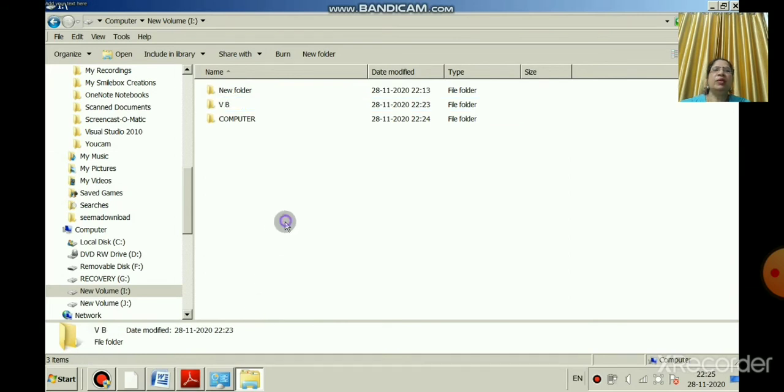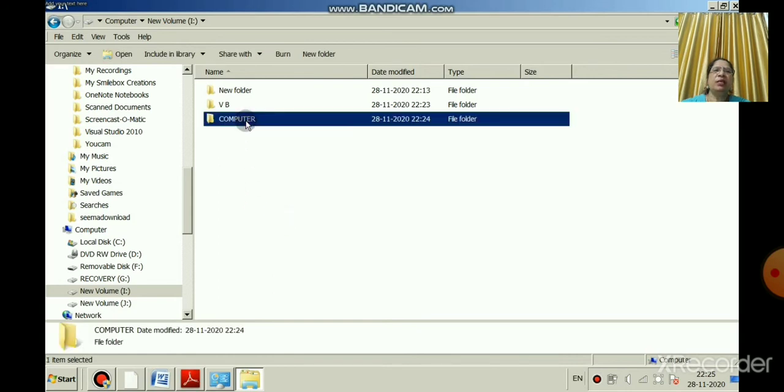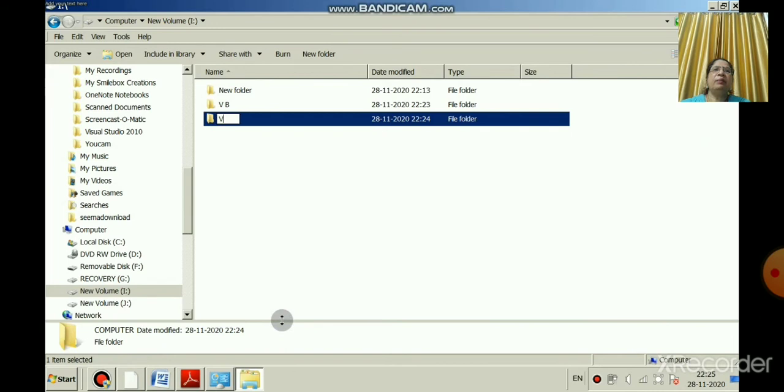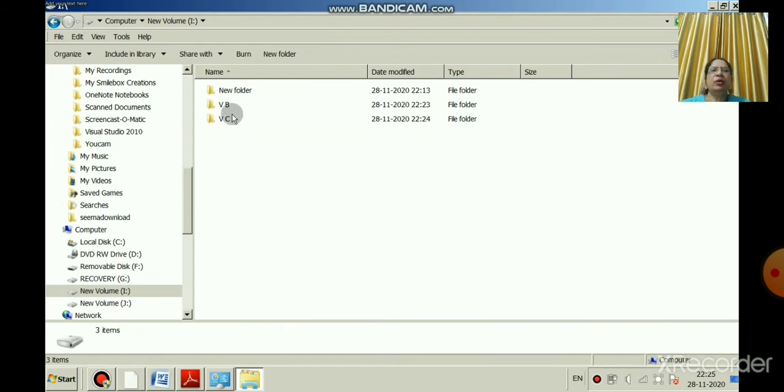I am giving here 5th B. Same thing, right click, select rename and write the folder name. Give the new name to your folder. Now can you see here the two folders are there, 5th B and 5th C. We have created two folders in which drive? I drive.